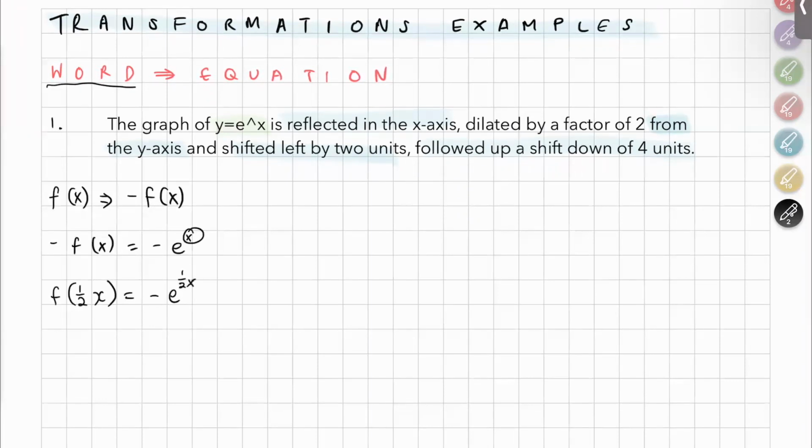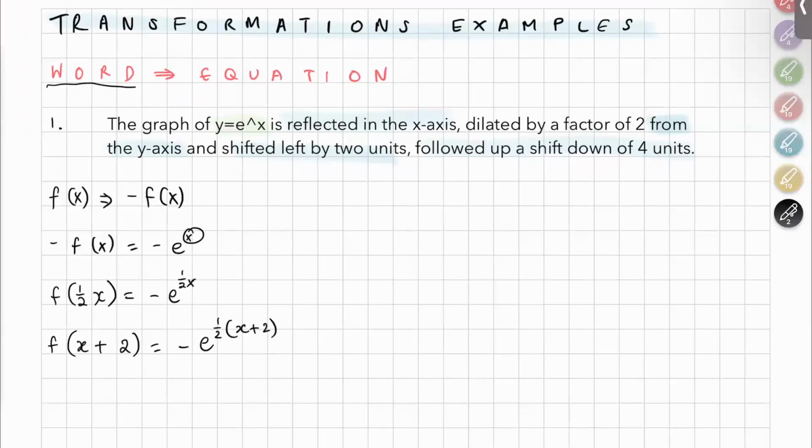Next step, shift to left by 2 units. Once again, affecting the x value inside the function. Left means you're going this way, which usually means minus, so therefore it's x plus 2. So when we use null factor law, we can get a negative 2 translation. Therefore, once again, sub it in, negative e to the power of half, sub that x value with x plus 2,